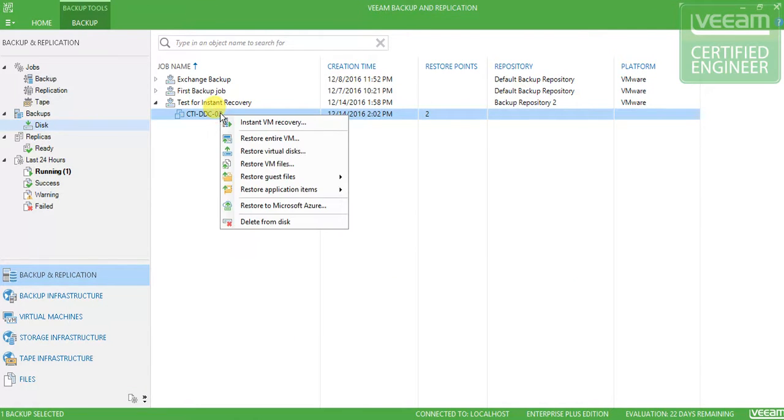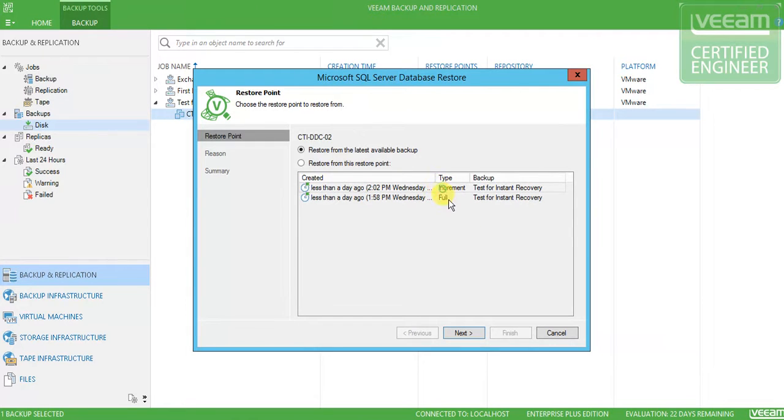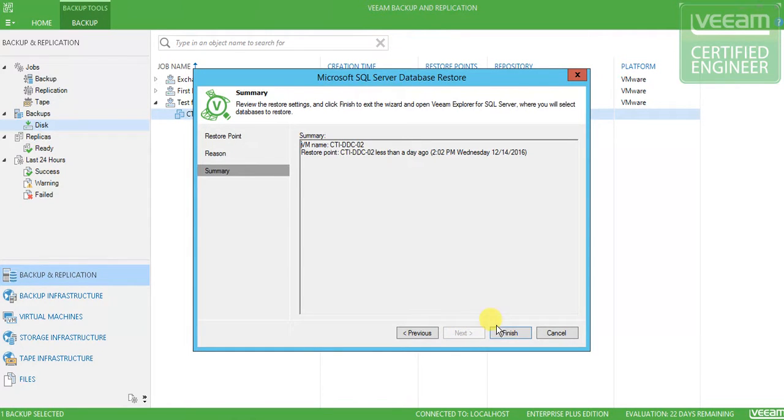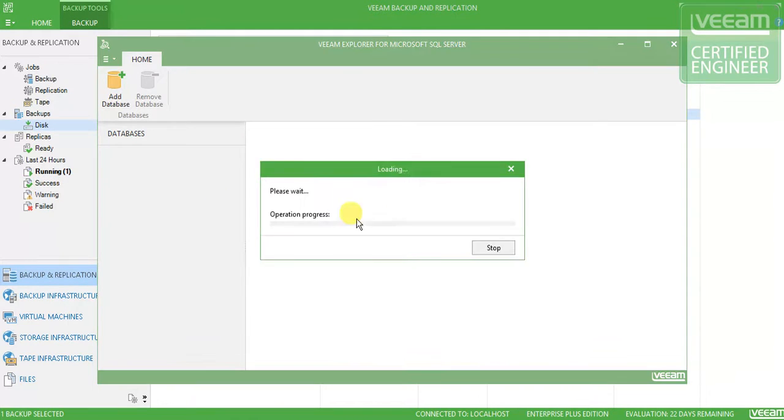And the last app, this one is the same thing. You can click on a file, and then you can browse to one of those, the Veeam Explorer, or you can restore application item straight from here. It's going to do the same thing actually. It's just another way to do it. It's going to pop up the Veeam Explorer, and it's going to give you